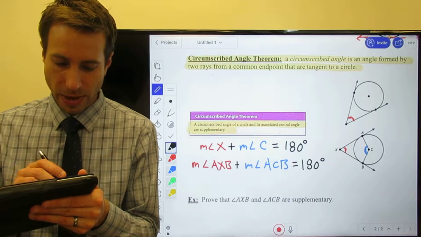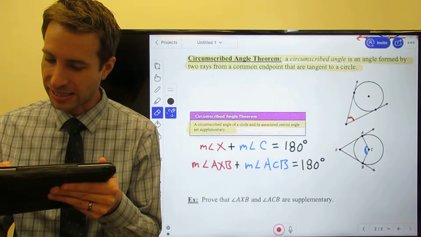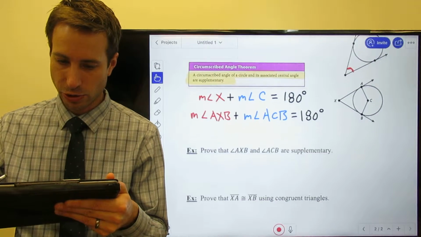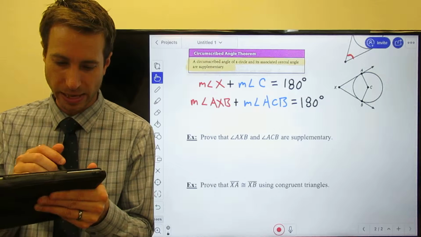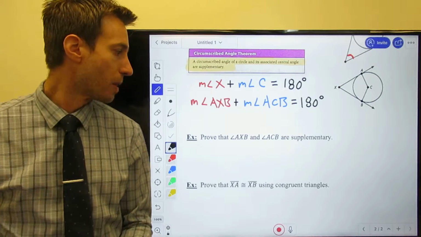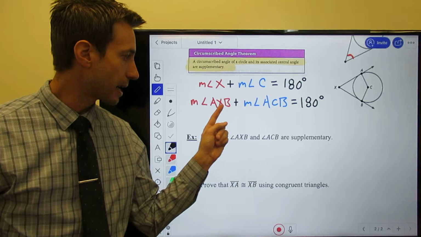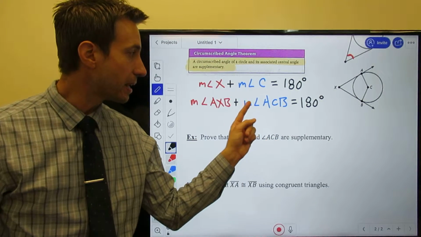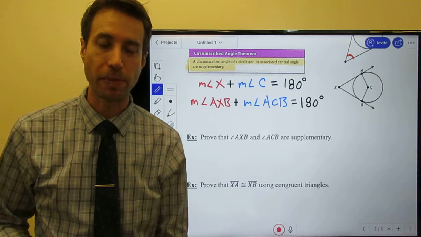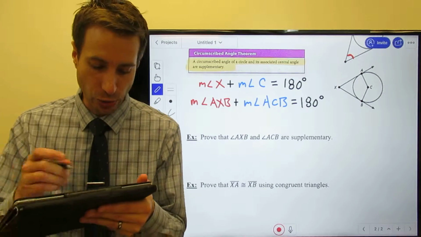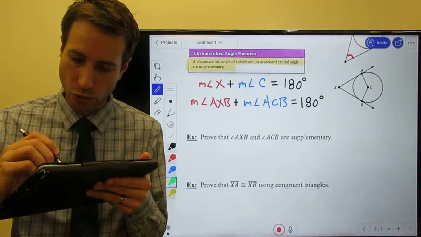Okay, here we go. Now that we have that theorem, let's have you guys think about this a little bit. Slide up here just enough to see my two questions, but so that I can still see my theorem. Here we go. I want you to prove that angle AXB and angle ACB are supplementary. We're actually going to prove this idea. And here's the way that we're going to do it. First, please notice I'm going to draw in